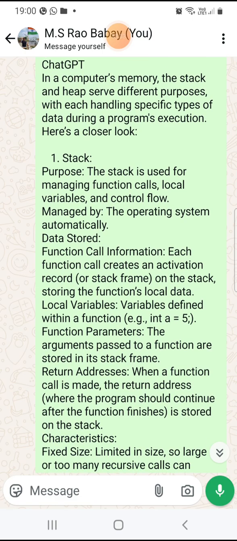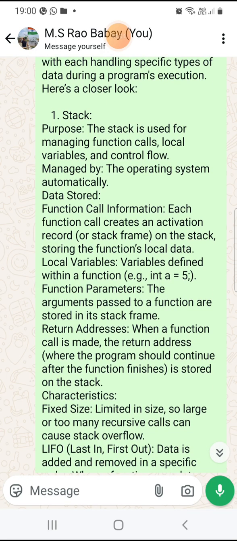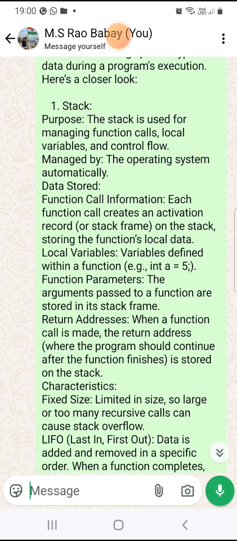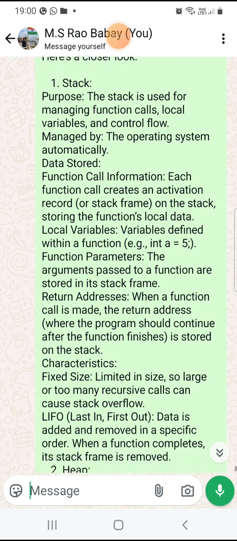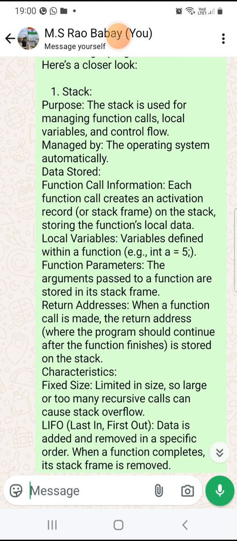Let us look into the stack. The purpose of the stack is managing function calls. The stack memory segment is used for function calls. Whenever a function is created, and then whenever we call that function, generally we will call that function